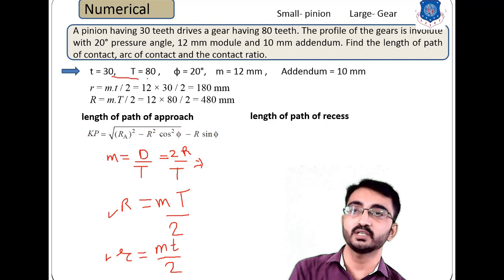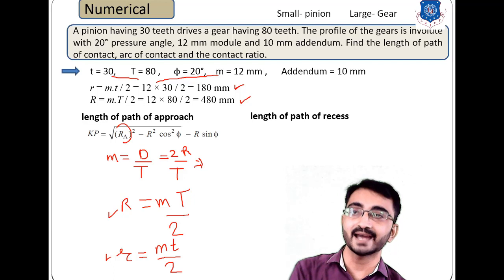So that's why, by putting this value of m and t, we can achieve the pitch circle radius for the pinion equal to 180 mm, and the pitch circle radius for the gear equal to 480 mm. Okay, now after calculating the pitch circle radius, we have to calculate the addendum radius, because